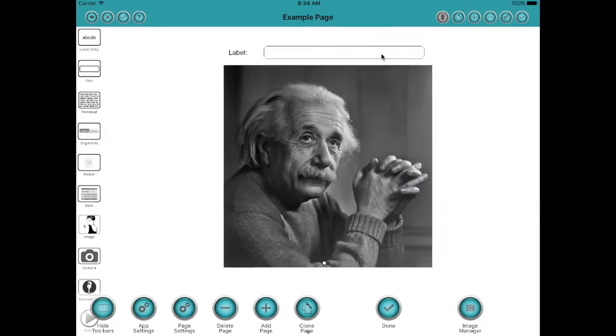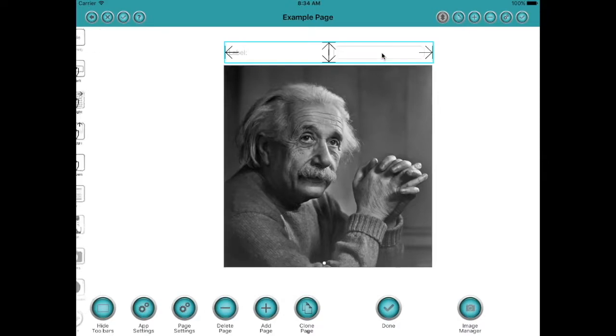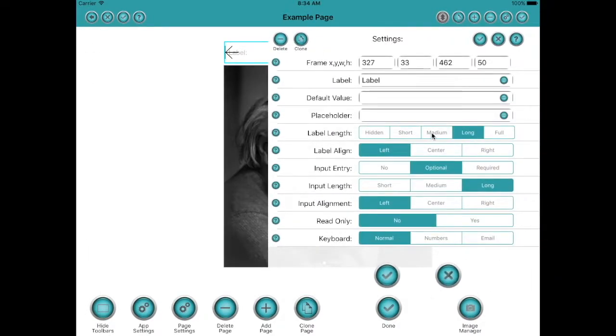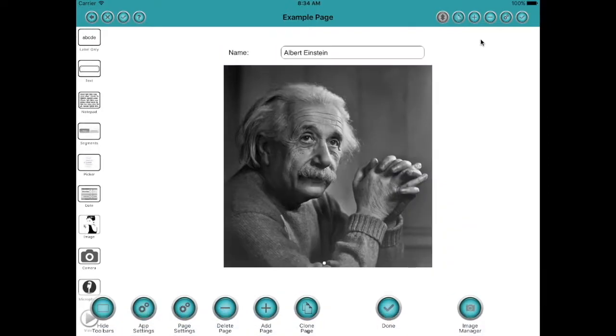which we can change the relationship between the size of the label and the size of the enterable field. But normally probably you won't want to do that, so let's set it back to just medium. And we can put in a label for this edit box, and we'll set this to be name, and in the default value we'll set the value that we want to appear. Now often for an edit box you won't want anything in there, but in this case we'll set it to Albert Einstein,